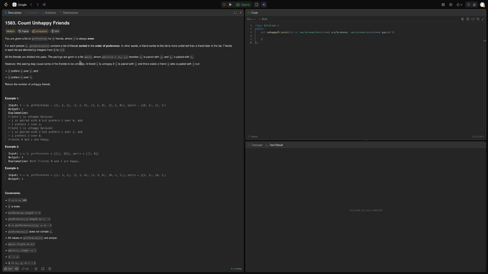And then what do I want to count? Friend X is unhappy if he is paired with someone and the other guy is paired with V. So if I pick V, that means I locate U in X's list, and the point is we are unhappy if